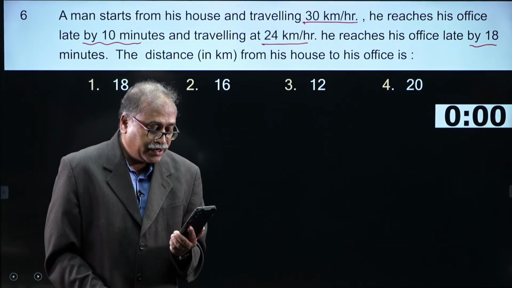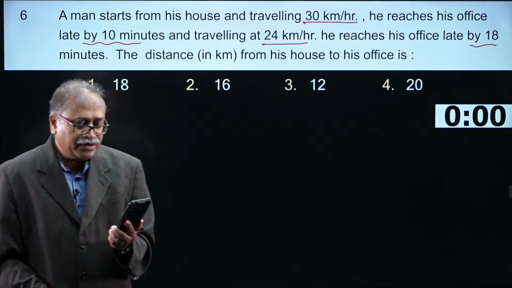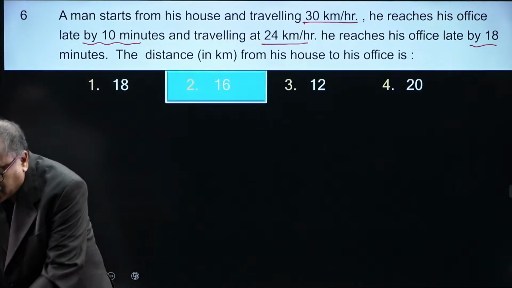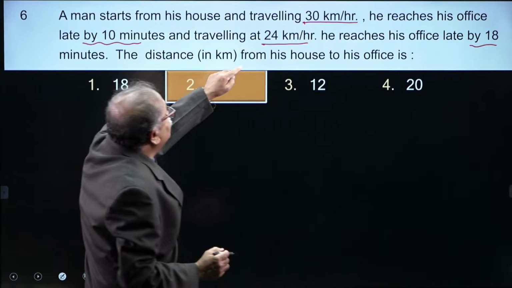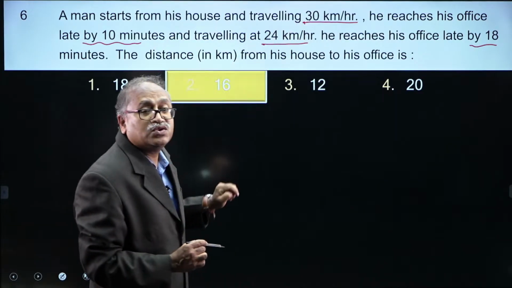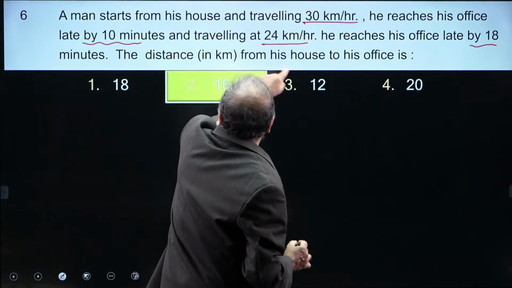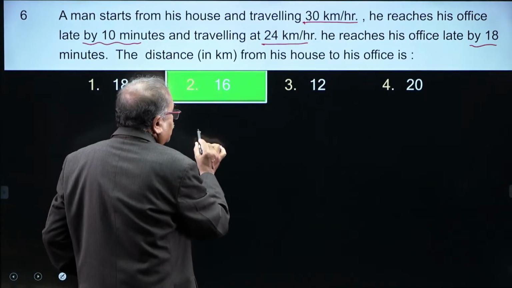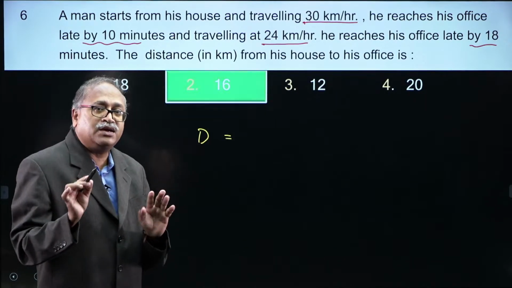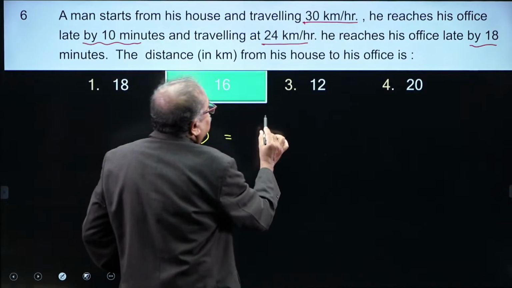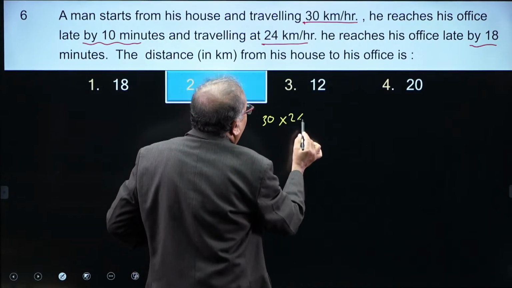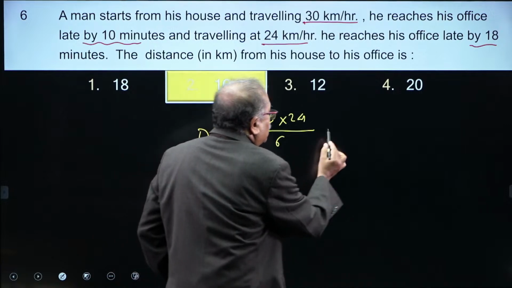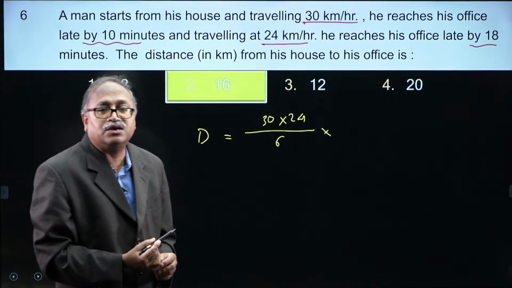Well done, well done. That means Appalnaidu has a very good understanding of these types of questions. You know that S1 is 30, S2 is 42. I need the distance. So, D is equal to what Appalnaidu has done. I am just copying his thoughts here. So, that is 30 into 24 by S1 minus S2, that is 6, into the delta T, that is the difference